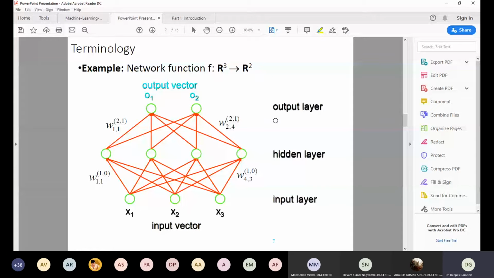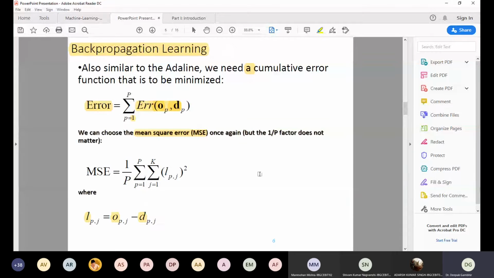So now we have to train two kinds of weights. One is the weight between the input layer and the hidden layer, and the other weight we need to train is between the hidden layer and the output layer. How these weight vectors are written, why it is 1 1, why it is 2 4, that is very important, because the same property we will use here, the ij property. So you should not get confused in this.